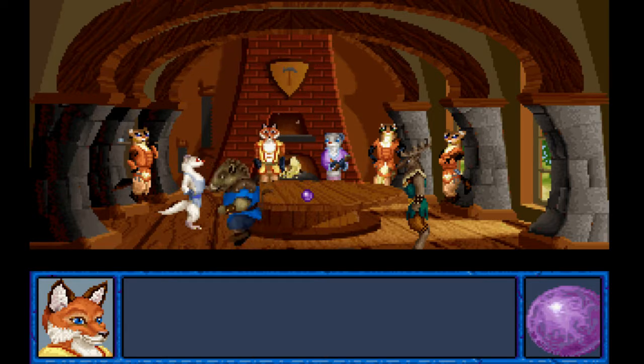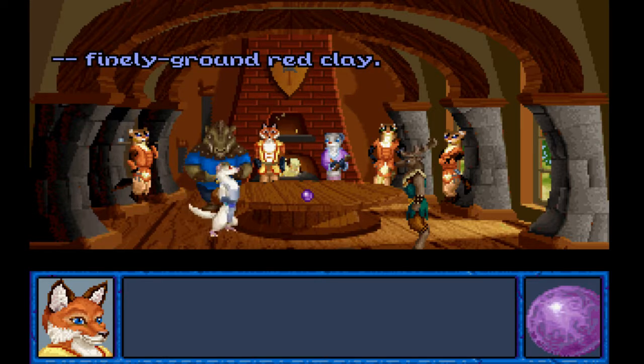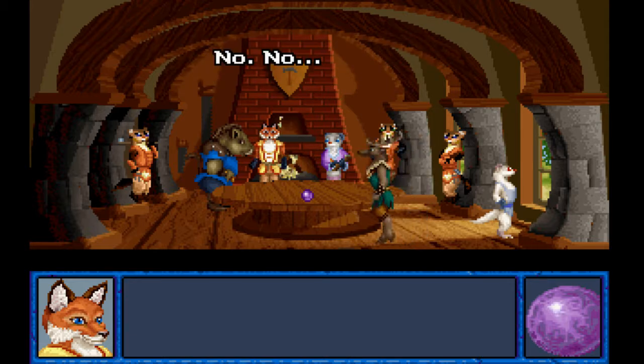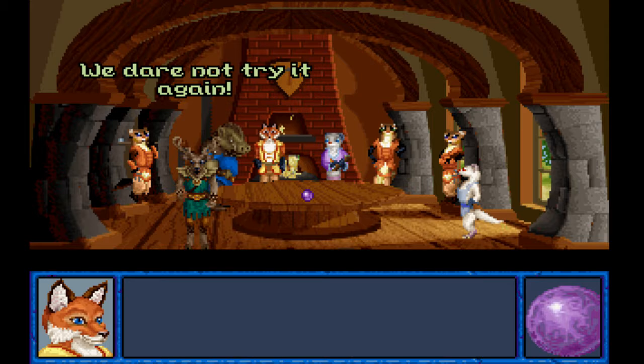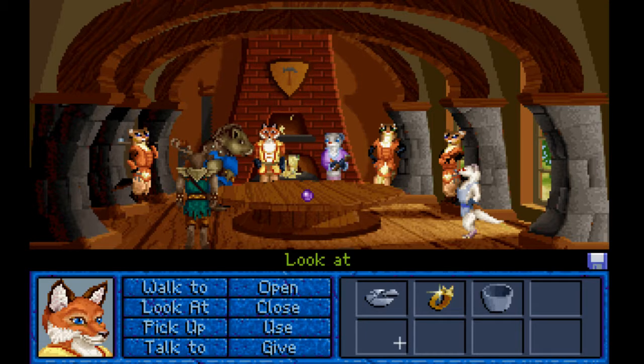What? Yes, that's what the Boar King uses to make his special mud. Finely ground red clay. Do you mean that I was up to my waist in red clay and didn't even know it? What will you do now? The last time we saw the Boar King, we barely escaped with our lives. We dare not try it again. What will you do? The only thing we can do. Well, it could be worse. You could have been up to your waist in,